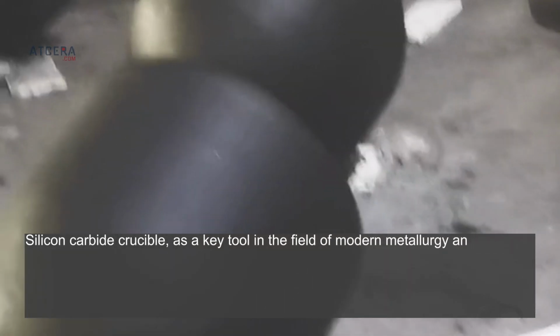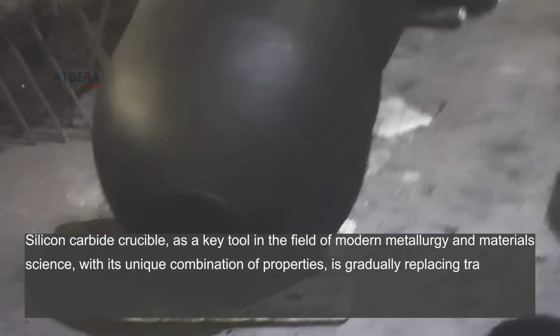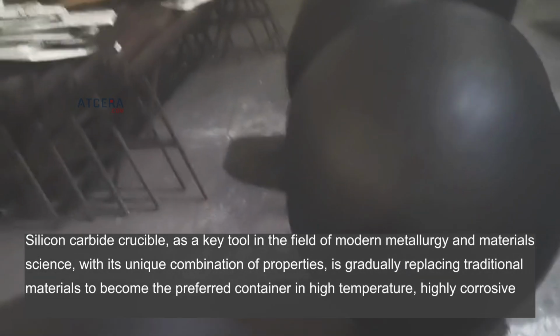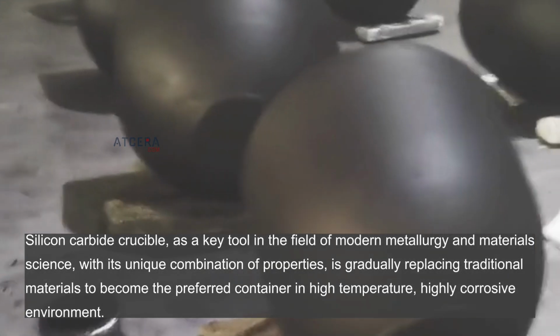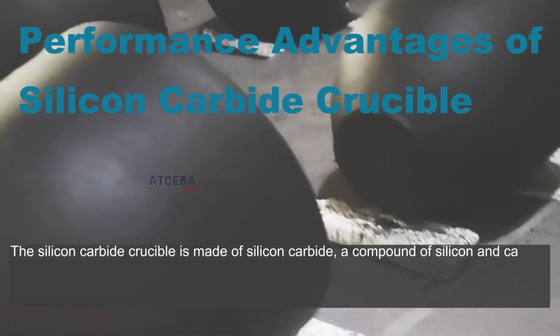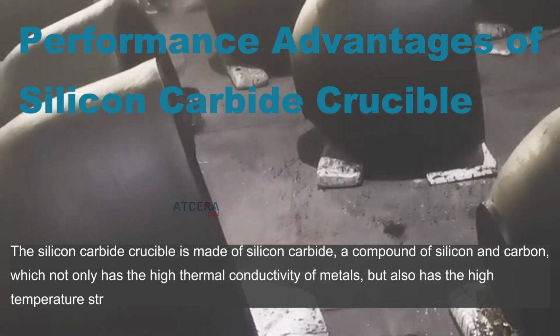Silicon Carbide Crucible, as a key tool in the field of modern metallurgy and materials science, with its unique combination of properties, is gradually replacing traditional materials to become the preferred container in high-temperature, highly corrosive environments. The silicon carbide crucible is made of silicon carbide, a compound of silicon and carbon, which not only has the